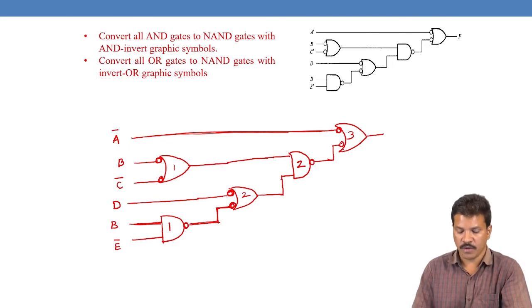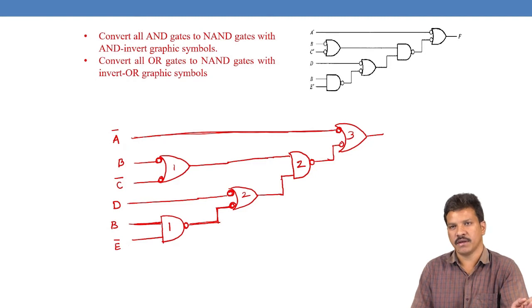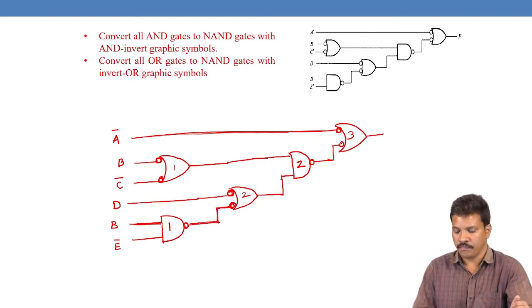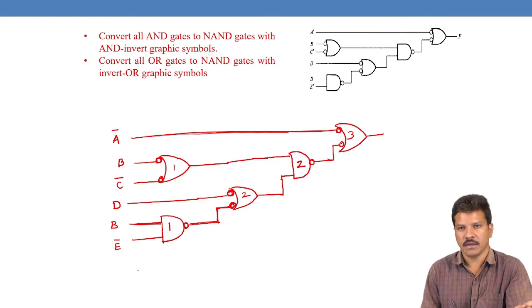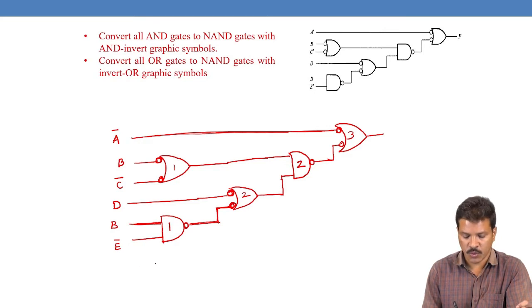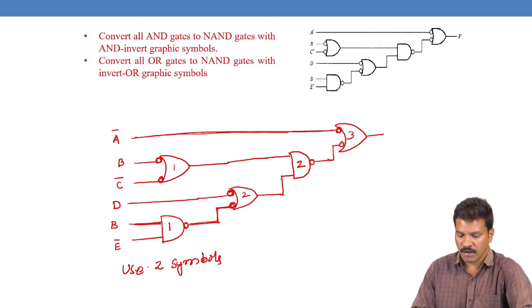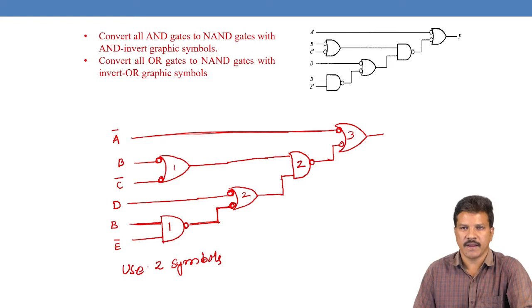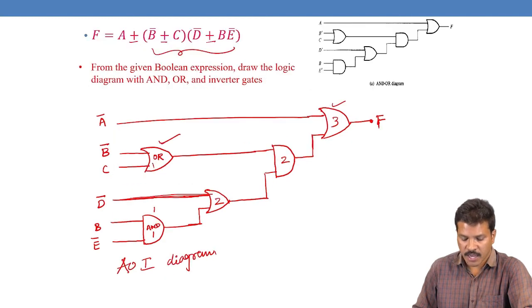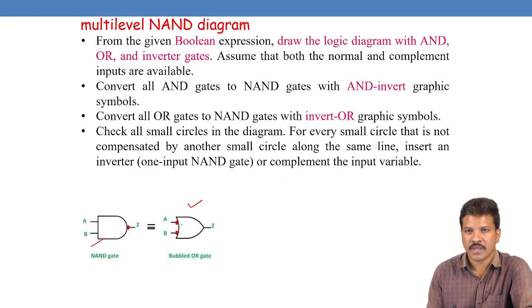So this is the first step: first we need to convert the logic diagram into bubbled OR and bubbled AND diagrams, that is, a diagram with two symbols. So the same diagram we need to convert again. The entire diagram is converted to NAND gates only. As we can see here, a two-input bubbled OR gate